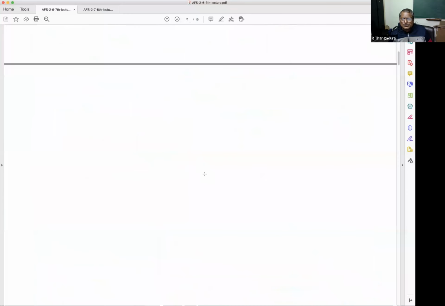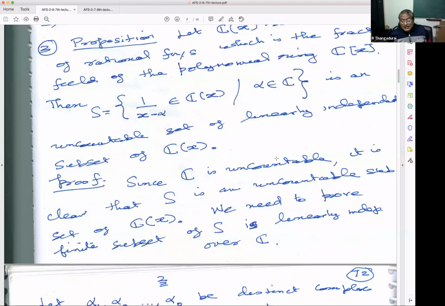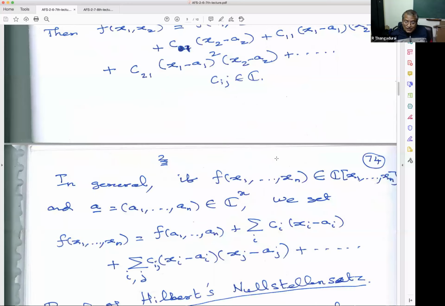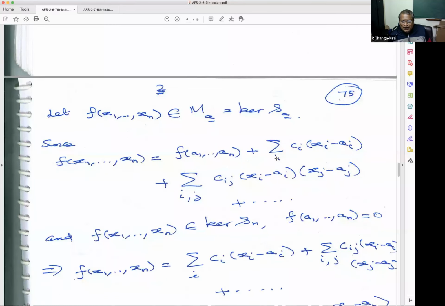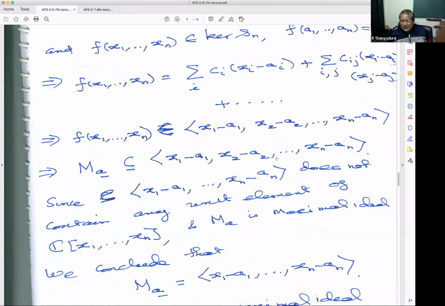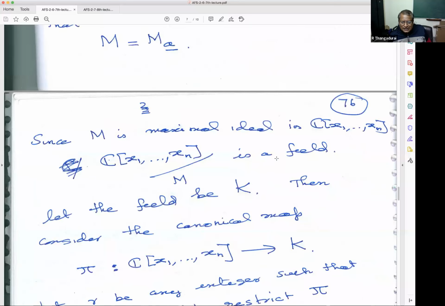Okay, this is the last proposition. You see, the function field in one variable has an uncountable set of linearly independent elements. They look like 1 by x minus alpha, where alpha belongs to any complex number C. Since this function field is sitting inside a field K, where K has a countable basis, these two are contradictory. You cannot have an uncountably many linearly independent set inside a space with a countable basis. So this contradiction really says that